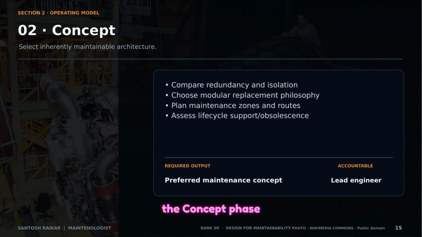Gate 2, the concept phase, is where we choose the architecture. Do we want modular replacement? Where are the maintenance zones and transport routes? The lead engineer is accountable for ensuring the preferred maintenance concept is inherently maintainable before we get into the weeds